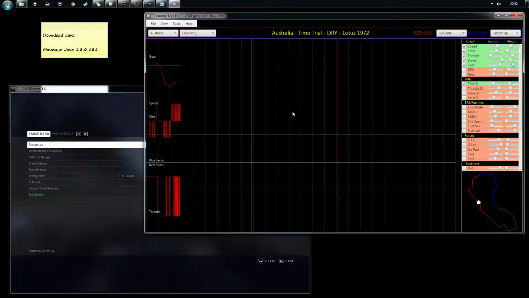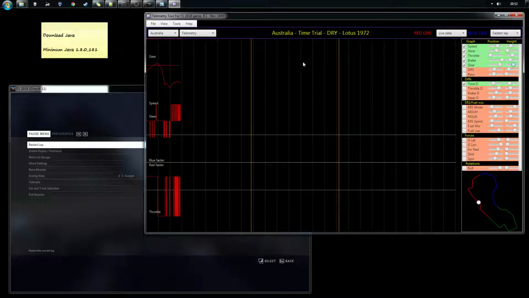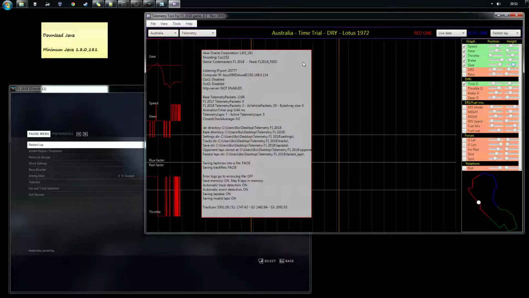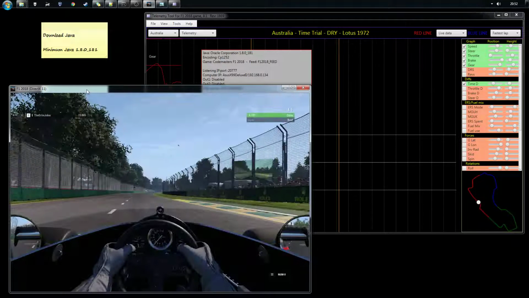Then you can press Control H. No, sorry, not Control H. This shows you some nice statistics, but actually Control and I, Control Info. So Control I, and it shows you some data of the game. But here's the IP address where your telemetry tool is running. And this is, if we go back to the settings,